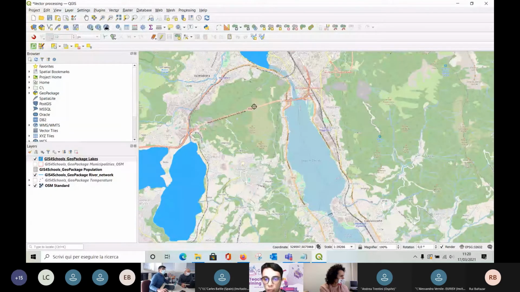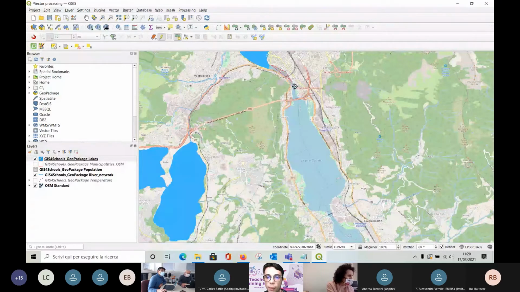In order to create the geometry, you should follow the base map that you have uploaded. And you have simply to click with the mouse every vertex of the polygon. So I suggest you stay at this scale, so you don't need to be very precise. But try to be as precise as possible, but at this scale, click every vertex of the polygon in order to create the geometry. So as I am doing now,